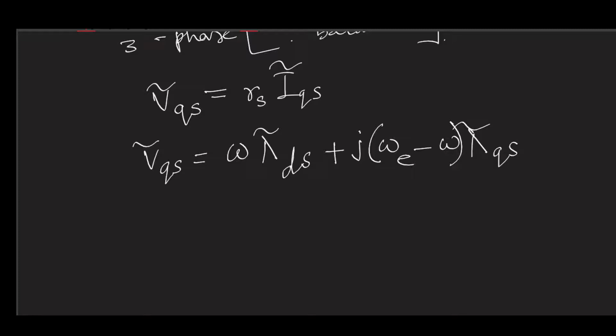Now this omega E minus omega factor comes due to the steady state variables in the asynchronously rotating reference frame, and this varies at a frequency corresponding to, it is just like that slip frequency. This term is just like the slip frequency for your induction machine. So what you can have here is that